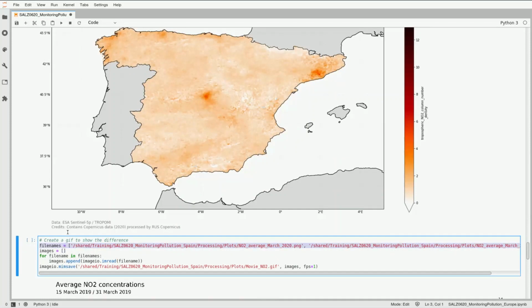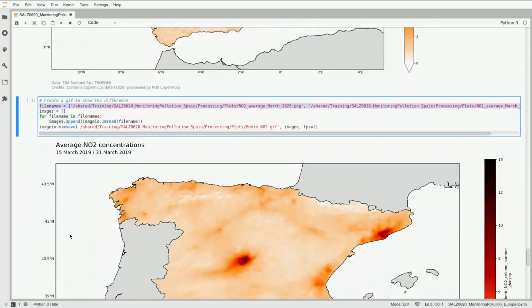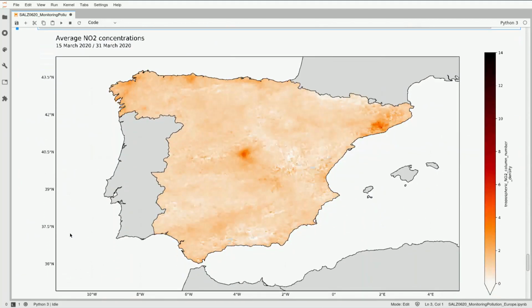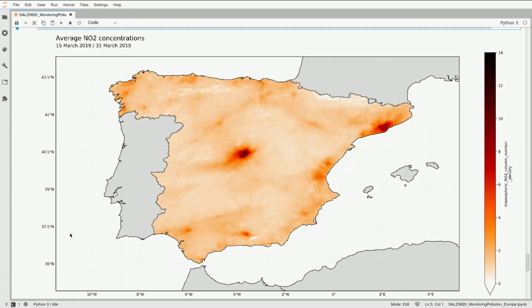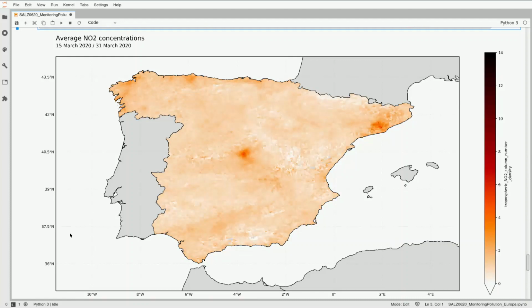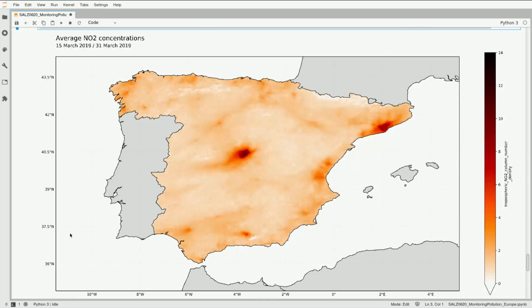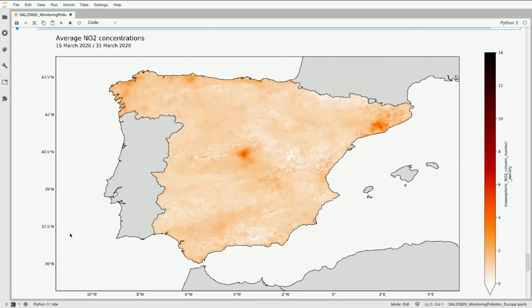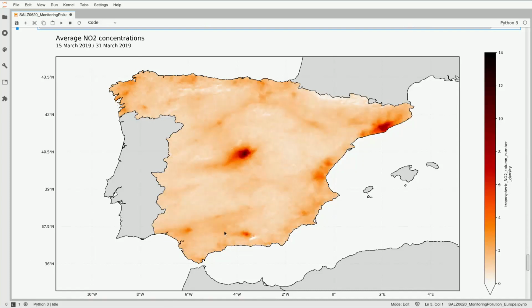And here we can see the result. As you can see, Jupyter Notebook is very flexible in that it can run Python code and visualize a GIF, a video. That's why I think it's a very nice tool to process data and share this processing with others. So as you can see, the drop in the concentration of NO2 all over Spain, especially in the main hotspots, is very clear. The cases of Madrid and Barcelona are very clear. Also, if you see the main cities here in the south, like Granada and Sevilla, we see a drop as